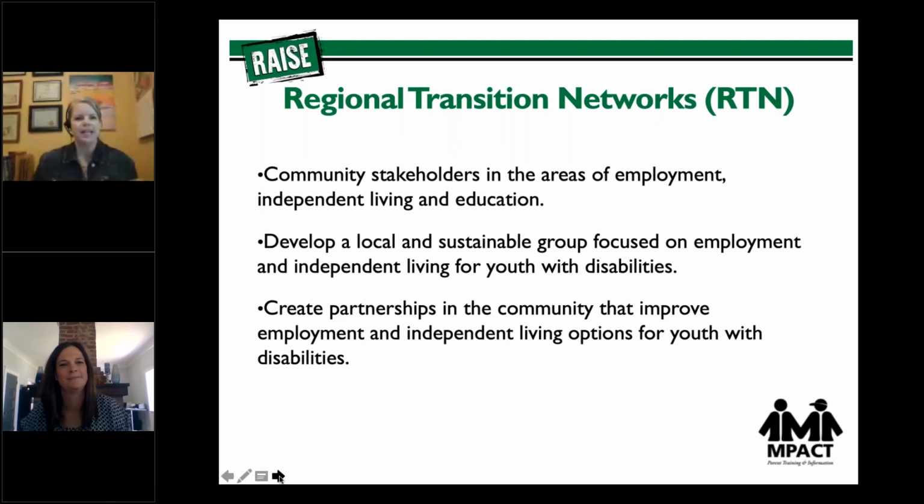So now our stakeholders for our regional transition networks include Impact and Pre-ETS, of course, and then our Centers for Independent Living. As a matter of fact, when the first RTN that I was involved in, I was actually working for a Center for Independent Living, and that's actually how Lindsay and I met. And we also have members of other agencies like vocational rehab. We have school districts, law enforcement, any agencies that support individuals with disabilities, and we will have local business